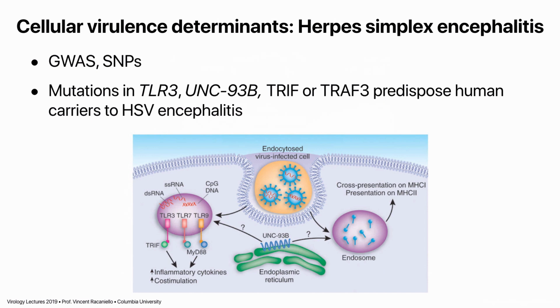So you get higher titer viruses, it gets in the CNS, causes encephalitis. UNC93B is a protein that's needed for trafficking of TLR3 in the cell. So again, if you have a mutation in UNC93B, it prevents TLR3 getting to the endosome where it needs to be. So here, it's a beautiful study where you can actually say that these mutations make these people more susceptible, because